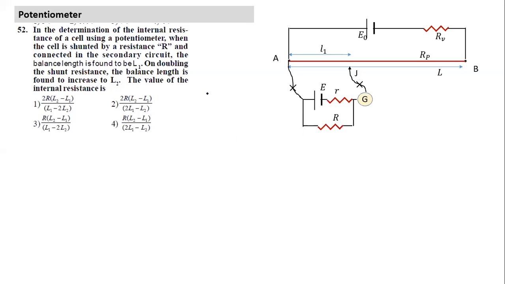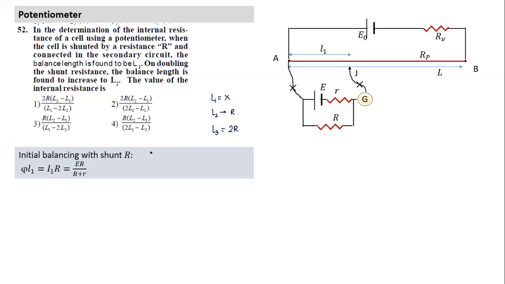But basically what will happen? Now we don't have the earlier previous setup. L1 corresponded to only the battery connected. L2 corresponded to the shunt resistance R. This term is not given. The L2 is there. So what happens? We double the shunt resistance. We have two different equations. It's a big thing, no problem at all.